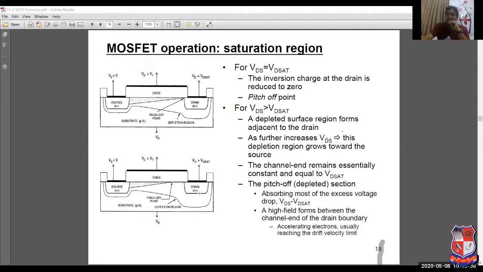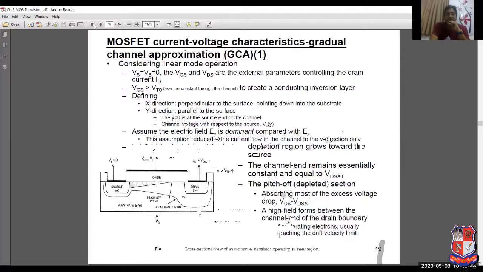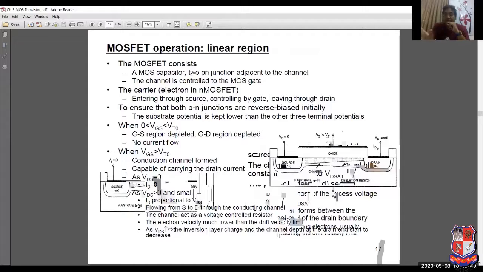So we have three different conditions in which the MOSFET works. The very first condition is that your MOSFET is in the cutoff region. What is the condition for the cutoff region? There is no channel. And what is the requirement for the no channel condition? When your gate voltage VGS is less than VT, then the channel is not created and there cannot be a current flow between drain and source. So that is known as the cutoff condition.